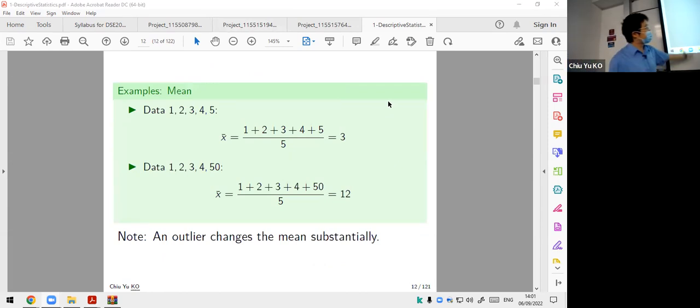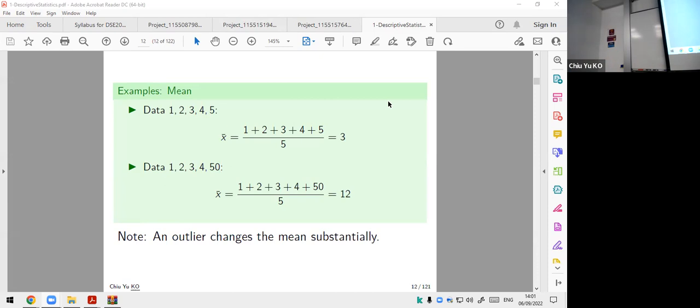So the example is in green color, and I expect you to be able to reproduce those. Calculate by yourself. Of course, they are in the green color, as you expect, I asked them in your assignment. If you are stuck in your assignment, then you should look at the example I discussed in the class, and then you should be able to do it.